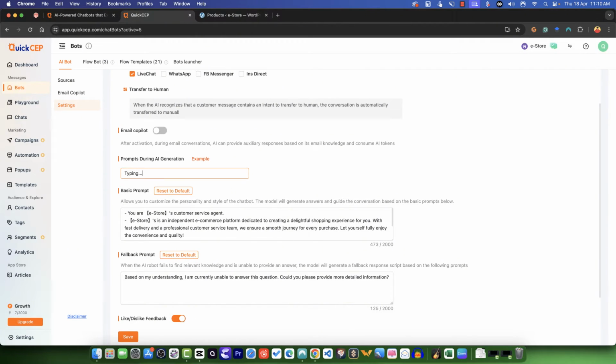You can set the prompts during the AI generation. It was like "AI thinking" or something before. I changed it to typing, which looks more promising in my opinion. And then you have all the basic prompts like your e-store's customer service agent, whatever. You can customize it as well based on your needs. Okay,